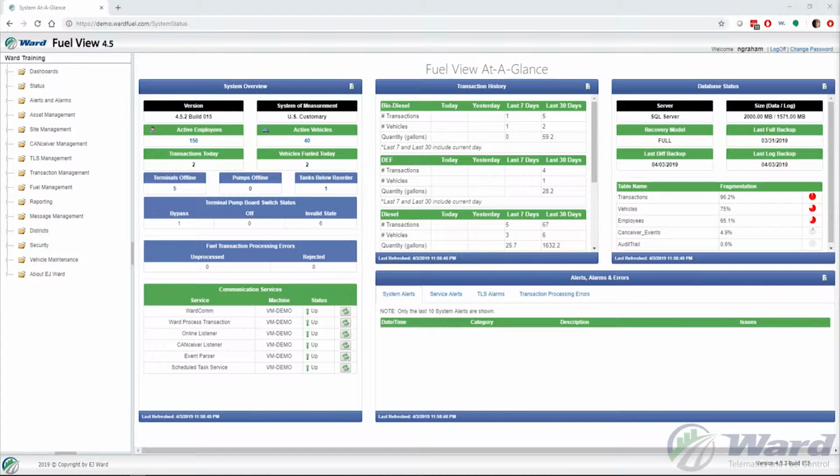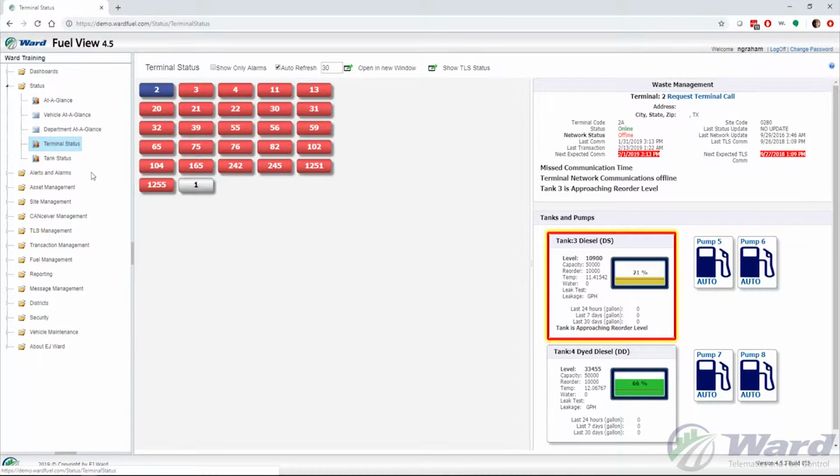In this video, we're going to be going over the terminal status page. To get there, we need to drop down the status folder here, and then we can go to terminal status. Once the page fully loads, this is showing us all of our terminals inside of the system and what status